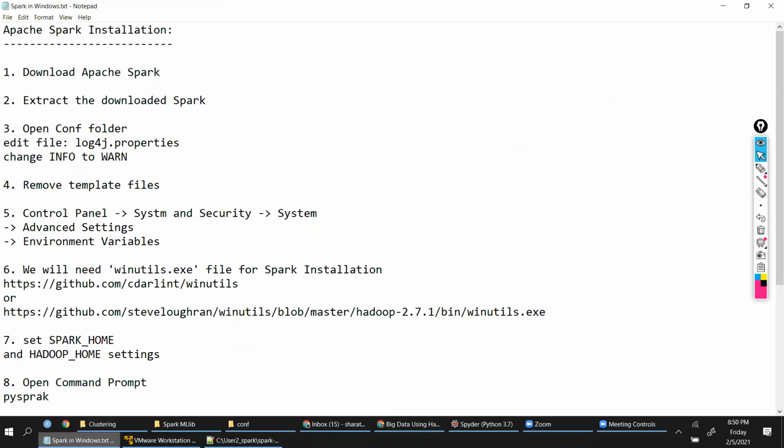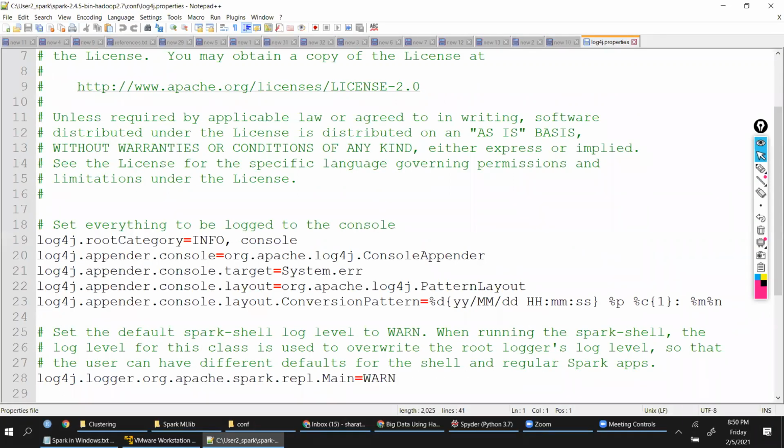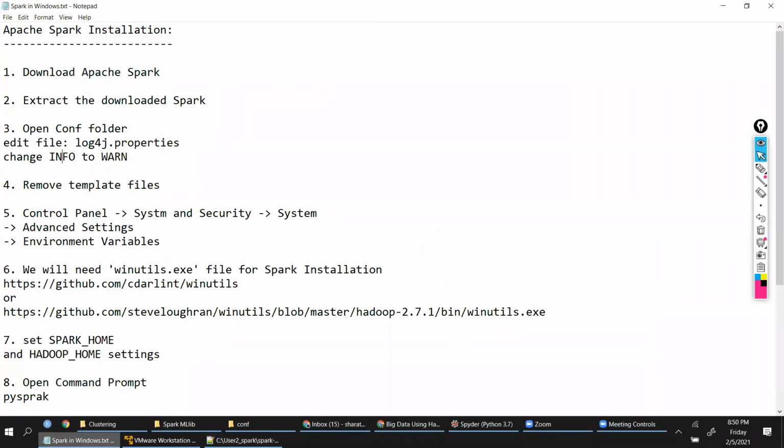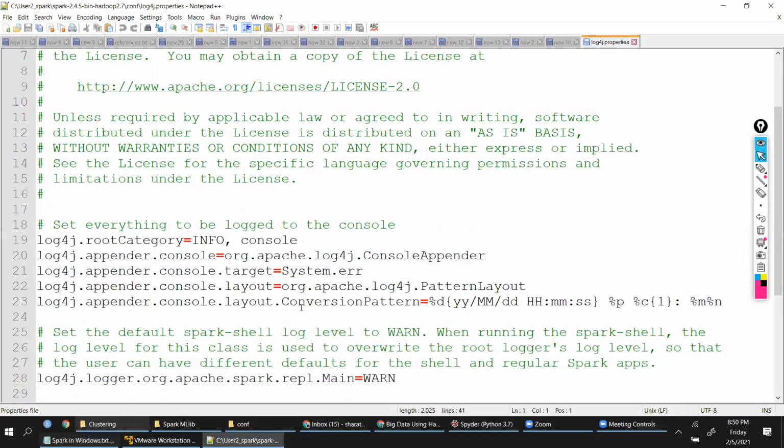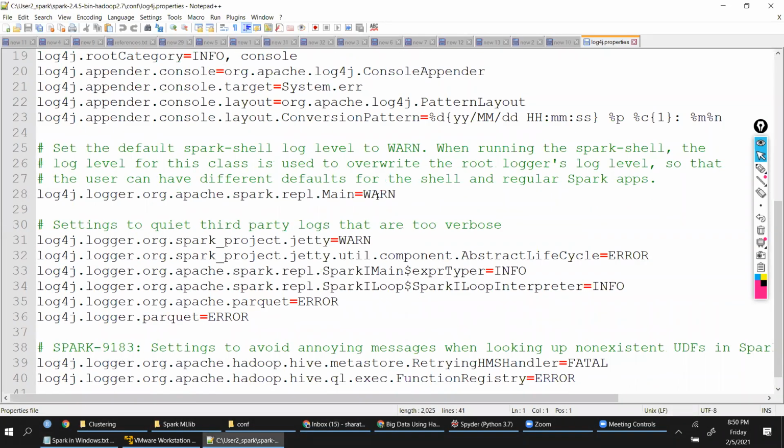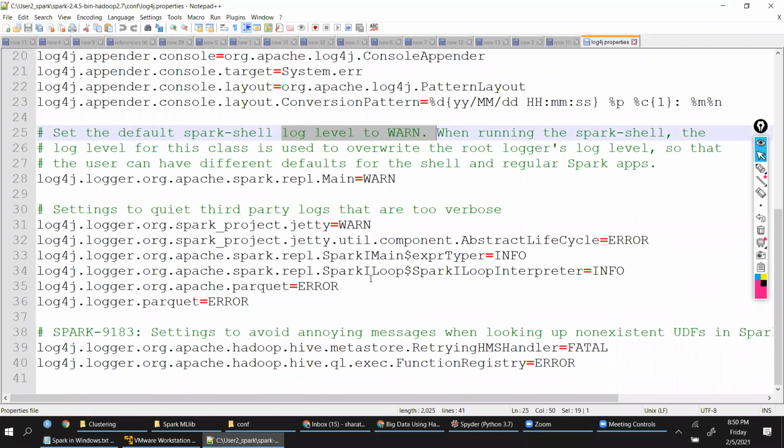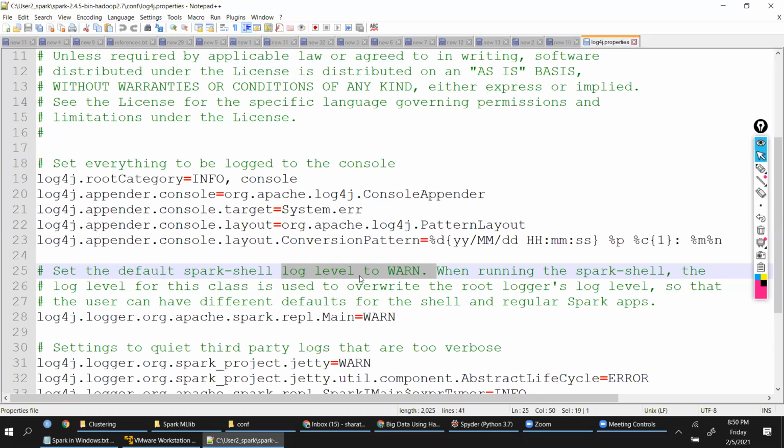Okay, let me show you. There will be one location where you will have warning. Yeah, this one. Log level. Yeah, log level, this one. Yeah, so if it is set to info here,